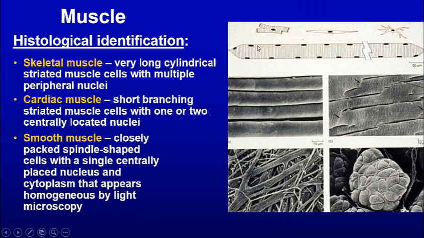So we have skeletal muscle, which is a big cell. Nuclei are on the sides, on the periphery. Cardiac muscle is a branched cell, with one or two nuclei in the cells, and it's branched so that it can join to other cells. Smooth muscle cells, as we see here, are kind of cigar shaped, and we can see them here